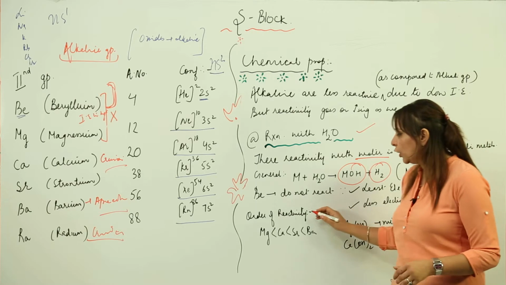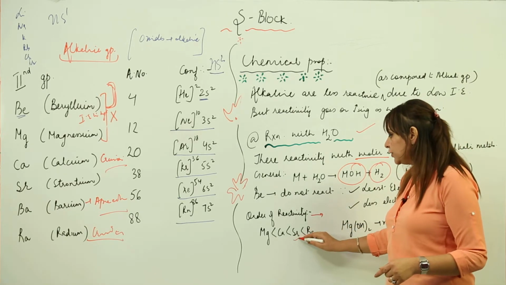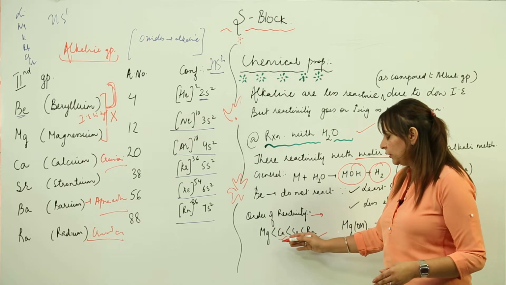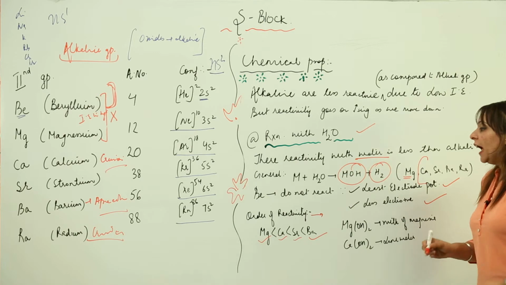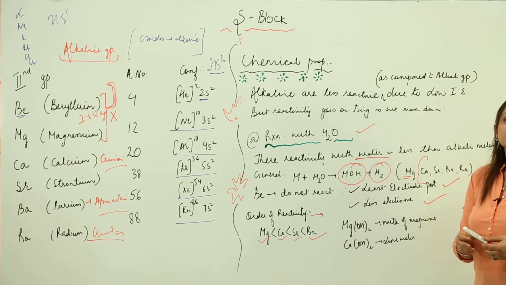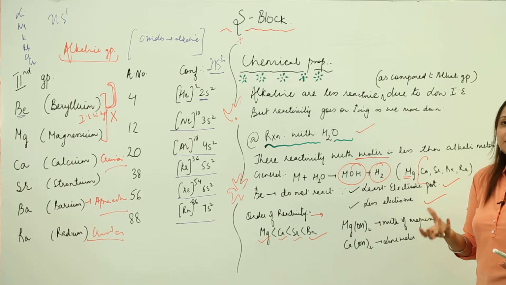As far as the order of reactivity is concerned, barium reacts vigorously, strontium less, calcium less than that, and even magnesium less than that. So this is the order. And you know that there are special names for the hydroxides, or you can say they serve important uses. Some of the alkaline earth metal